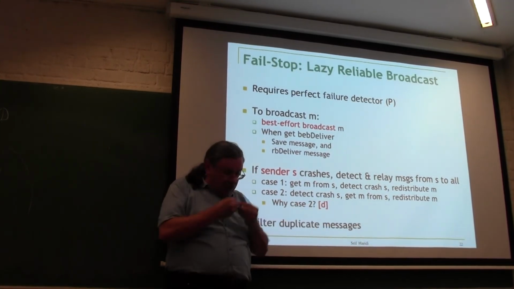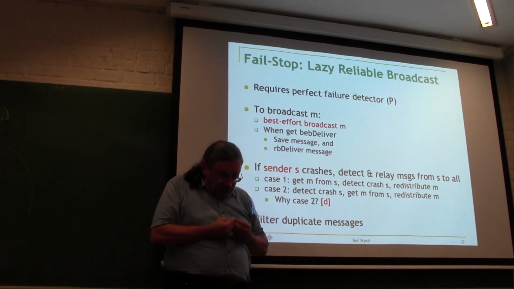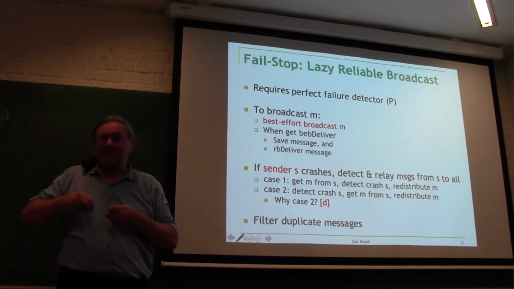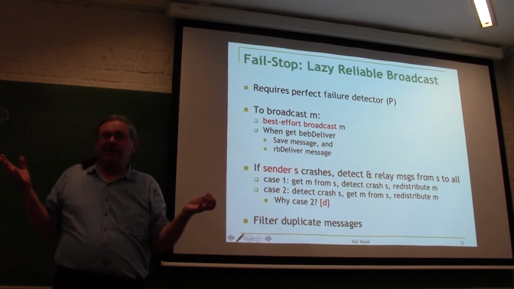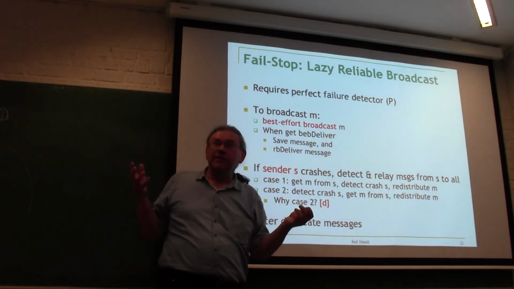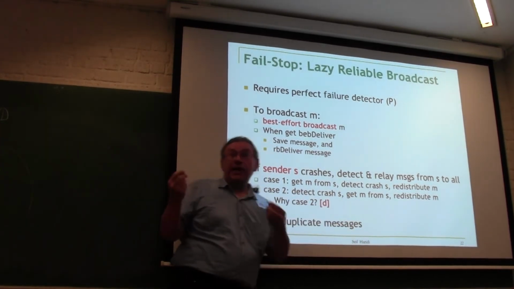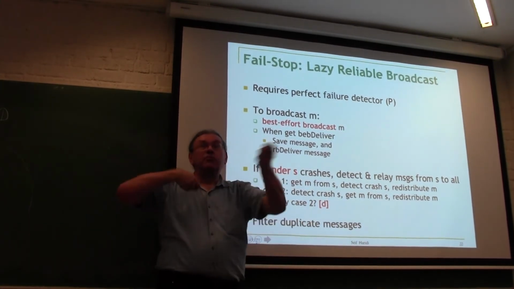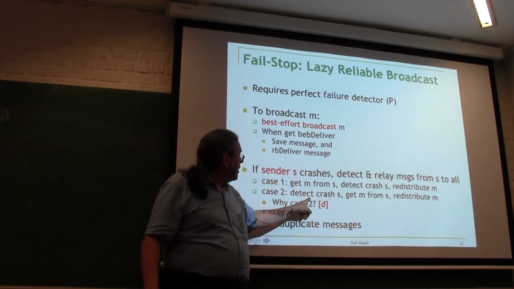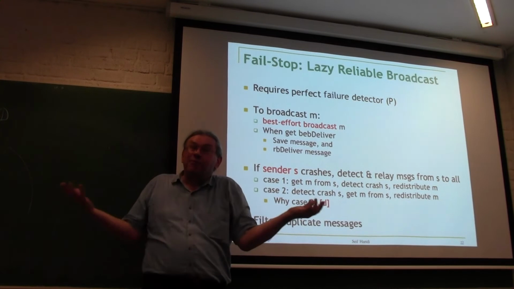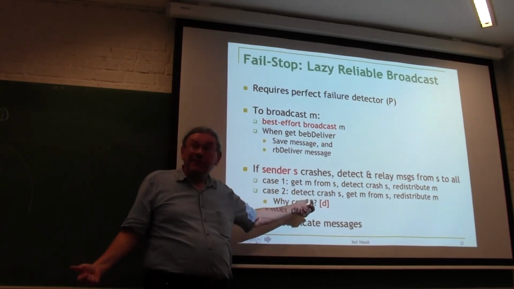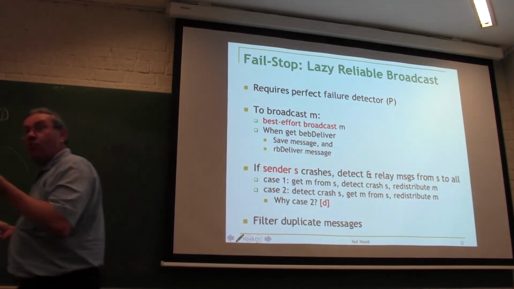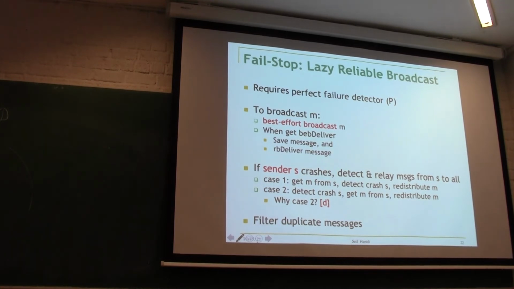First I detect that the sender has crashed, and then later I get a message from the sender. It's like the ghost of the sender has sent me a message or something, right? Now how can the crashed sender send me a message? Well, because of the delay. Maybe for some reason the failure detector messages were going fast, but the message was already sent, of course, before it crashed. See that? There's no guarantee that the messages arrive in the same order they're sent. The delays could be anything, so it has to work.